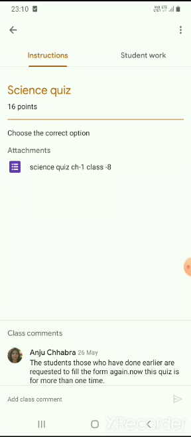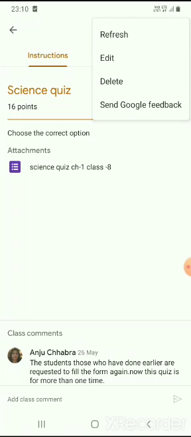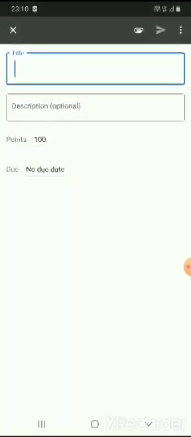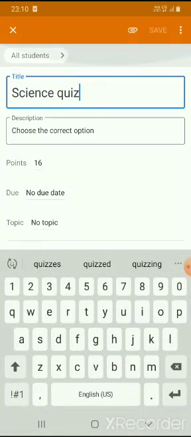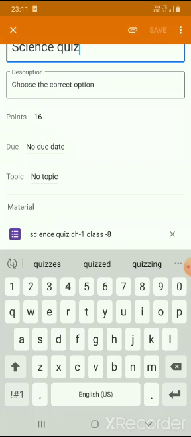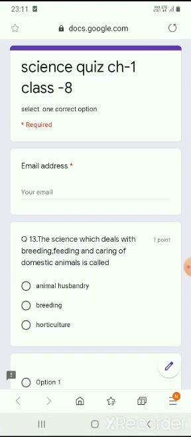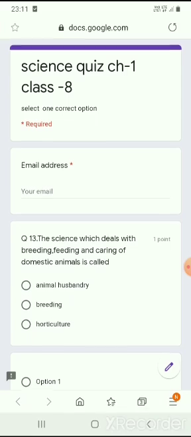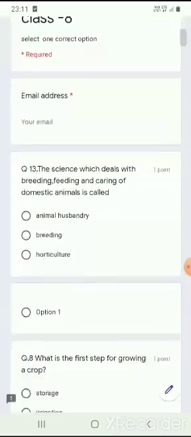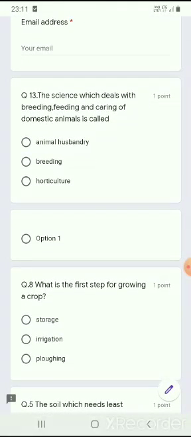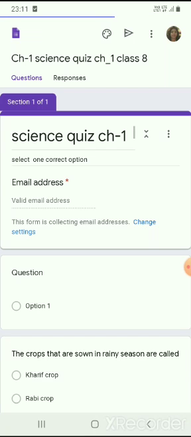Here at the top on the right hand side of your screen you can see three buttons, three dots are there. Edit. Now this cursor will start blinking. Now I'm going to edit the quiz, so I will press over it. After clicking over it, I'm getting my form. These are my questions. This is my quiz, and here at the bottom on the right hand side there is a pen. I'm going to click over it. So the edit option will be available to me.